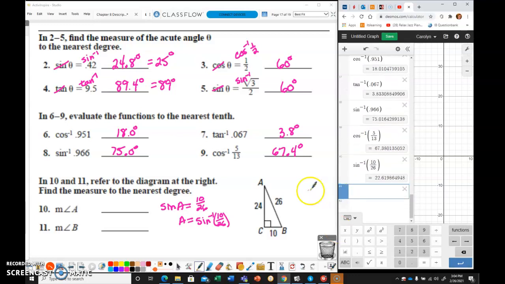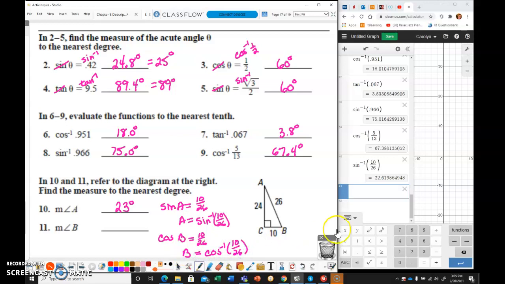10/26. And that gets me 22, it says nearest degree, so 23 degrees. Okay, and to find angle B, I could say that the cosine of angle B is equal to, we'll check this one out. Cosine is adjacent over hypotenuse. That's 10/26. So the only difference here is the sine or the cosine when we switch that. So B is going to give me the inverse cosine of